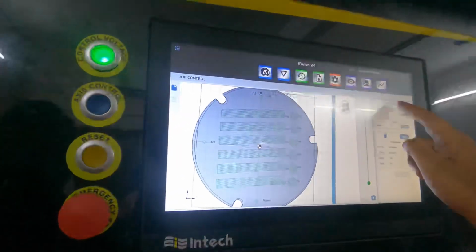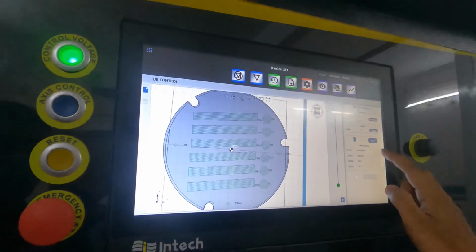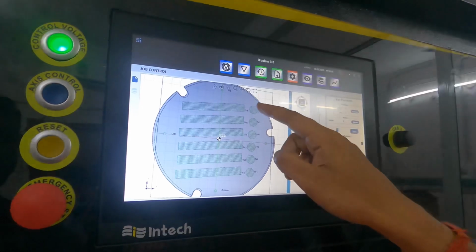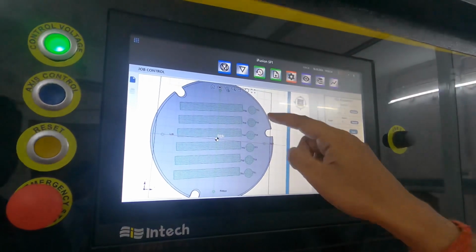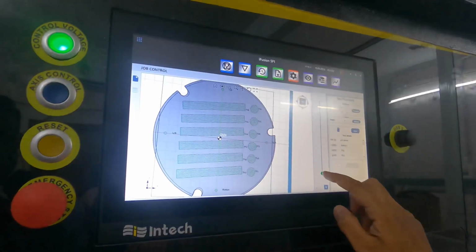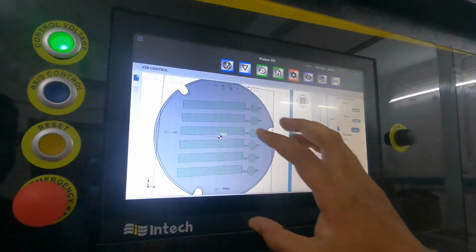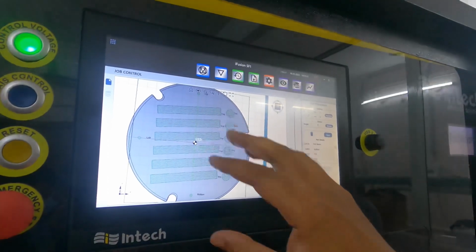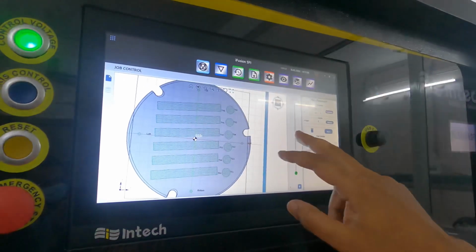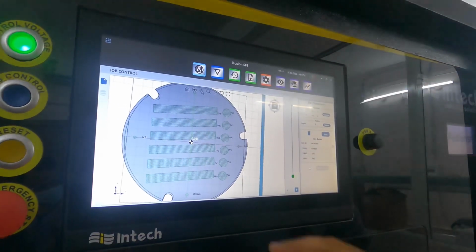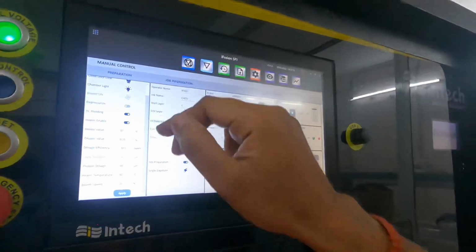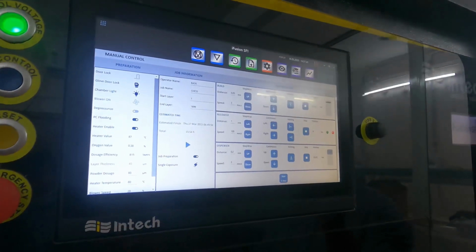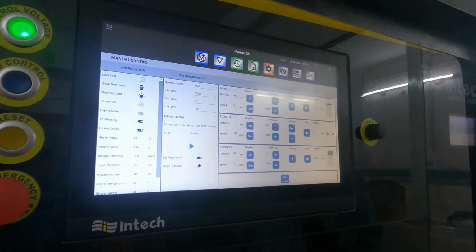Those options are available here. This is for translate. This is for rotate. And you can even delete. Like it has various parts, so if you don't want to print these three parts, you can selectively delete them. And it is very nice to see where each and every part is going to print, what is the location on the build platform. So this is all about uploading the INSL file. After that we go to the manual control. This manual control has a lot of options. One by one I will explain everything.